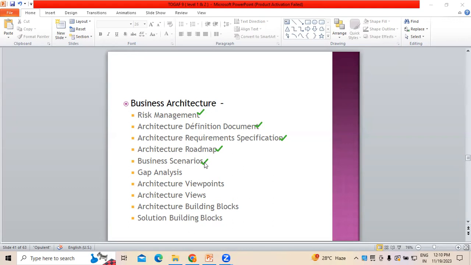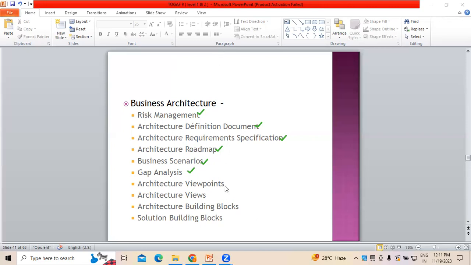At the same time, we must do some gap analysis. This is where the as-is and to-be systems come into picture, because as-is and to-be means going from existing systems to the new application, and this is where the transformation will be taken care of. This is where gap analysis comes in, as-is and to-be, between the existing and the proposed system we are going to develop. All these things come under gap analysis. So knowing about business scenarios, and gap analysis, are key and prominent elements we have to focus on.